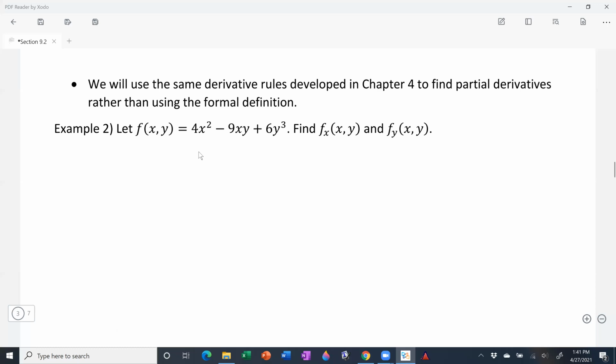So let f of x comma y equal 4x squared minus 9xy plus 6y cubed. And we want to find the partial derivative with respect to x. And we also want to find the partial derivative with respect to y. And we'll do each one of those separately. Interesting topic here. Be on the lookout for that notation there, because if we give you a function like this